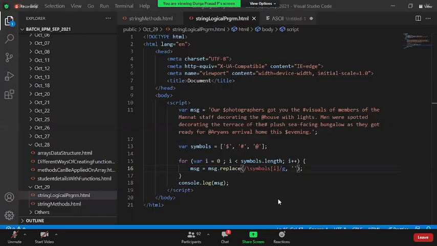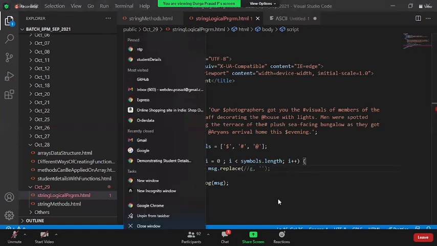What is the simplest way? If this is the one, only 3 loopings, everything will be done. But dynamically, how do we put the value here? I need to go with a regular expression.